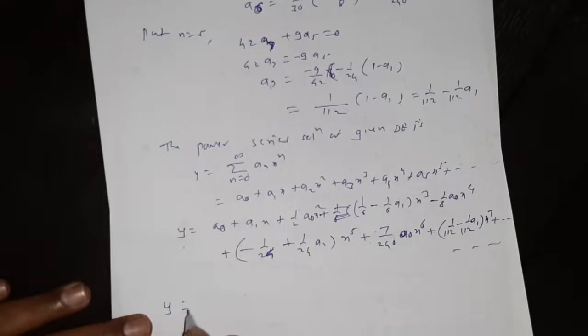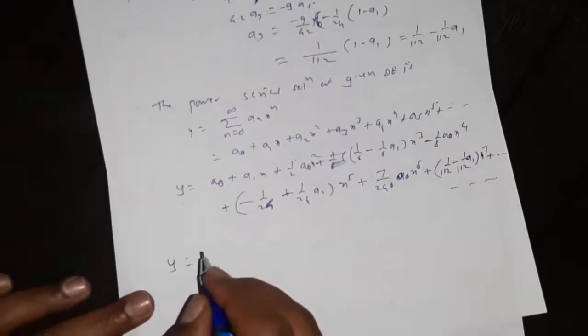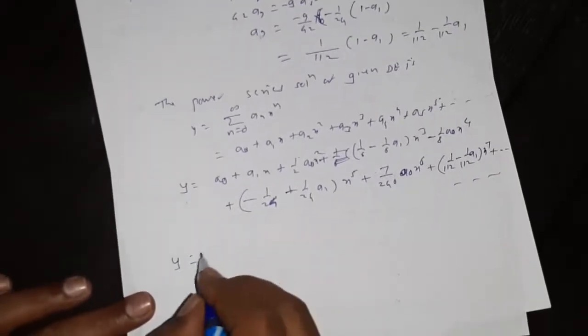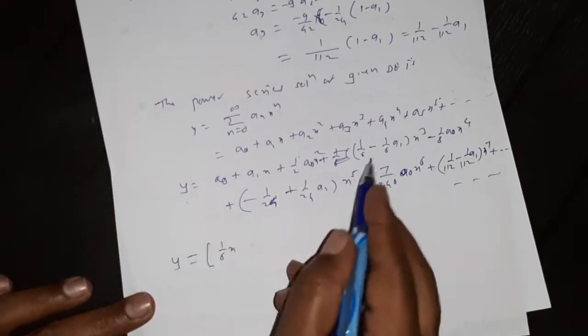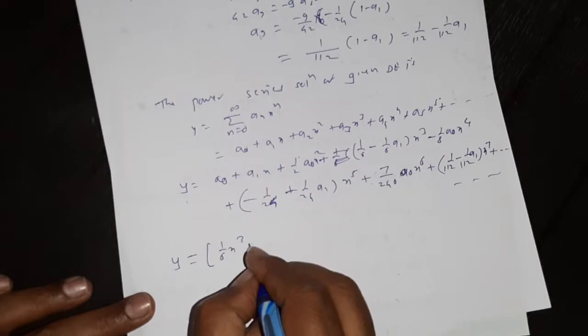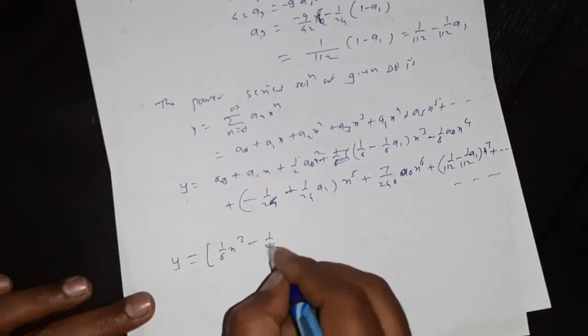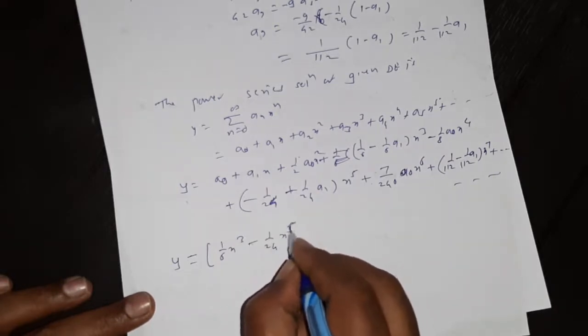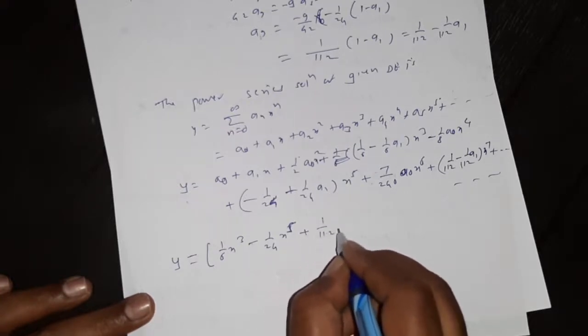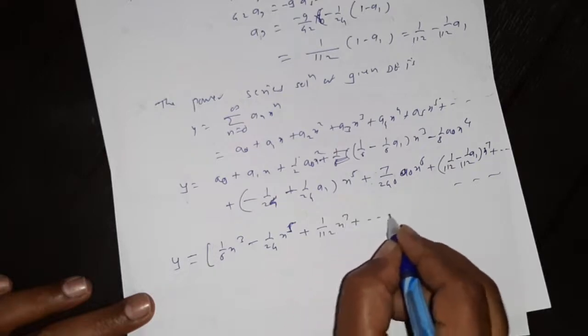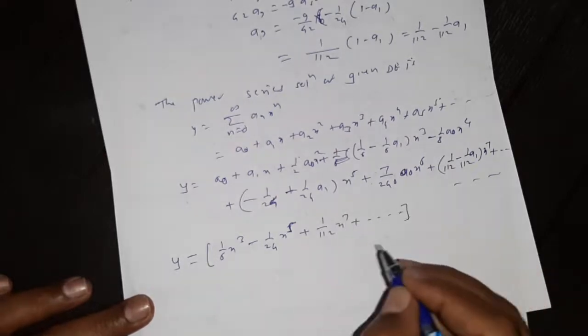and therefore the final answer is y equals the constant terms first, 1/6 x^3 minus 1/24 x^5 plus 1/112 x^7 and plus or next term minus plus